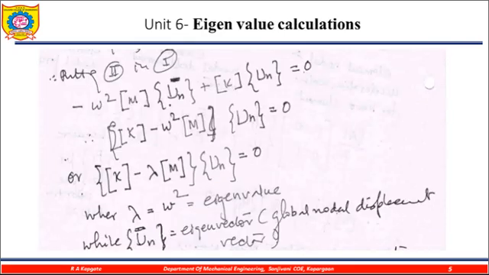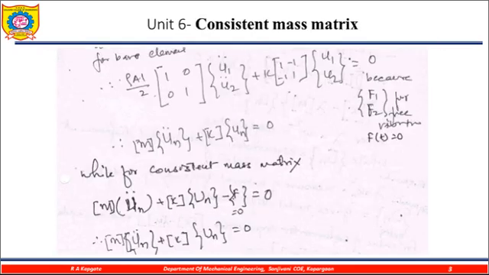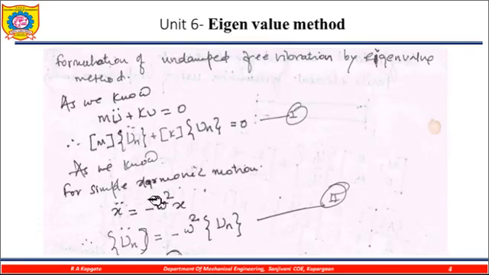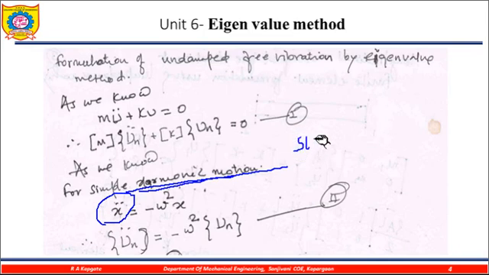I am repeating very fast what we did here. Okay, we reached this level, there is no difficulty at all. Now here also there is no issue. The problem will begin with this one: what is the value of x double dot? Now x double dot is the acceleration. By considering the simple harmonic motion, SHM, we know very well that the acceleration is equal to minus omega square into x, that is the natural frequency multiplied by displacement.